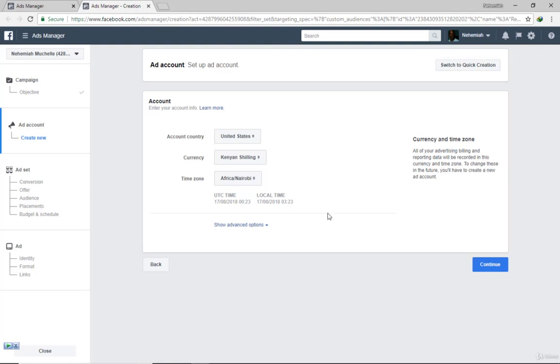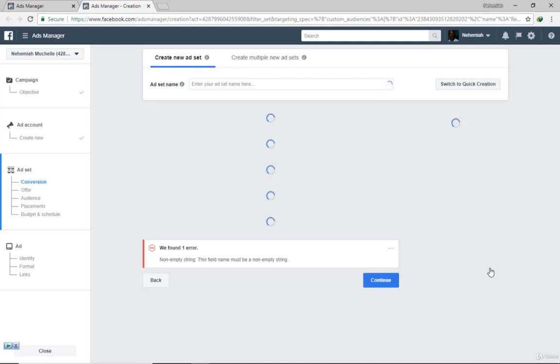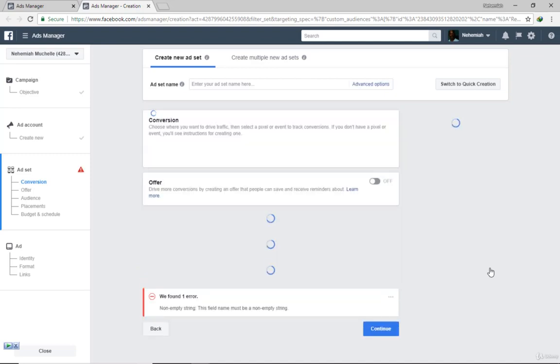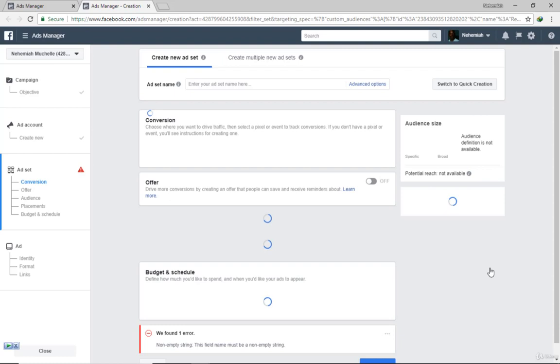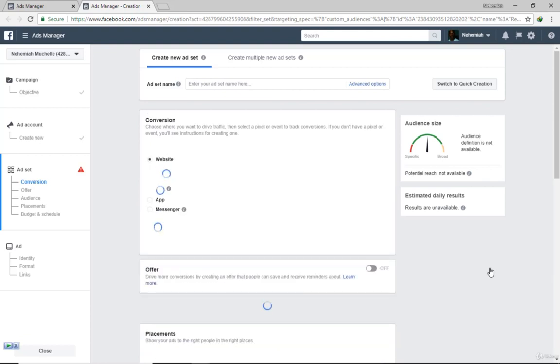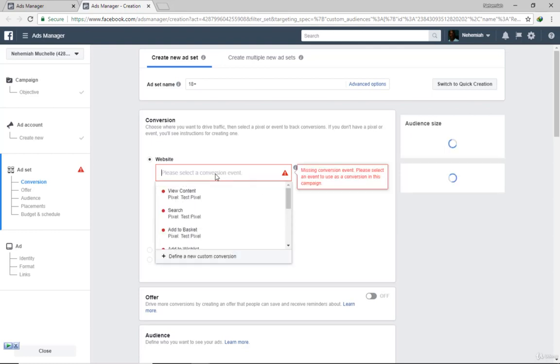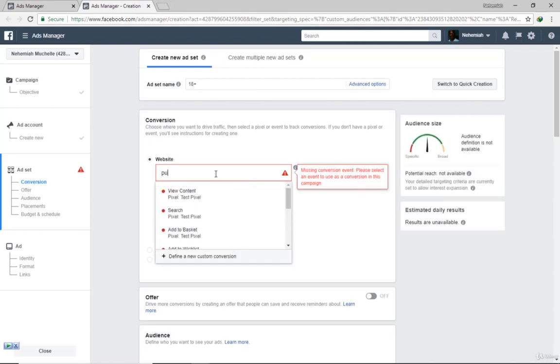If you had already set up your ad account, Facebook won't ask you these questions, but if you hadn't, it will ask you. Click continue. In the ads creation targeting section, there's no need to put an audience, because we have already created an audience from the custom audience. So basically, we are creating, can use the purchase pixel,